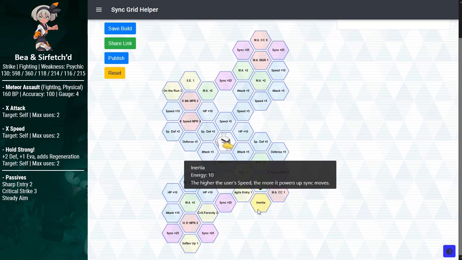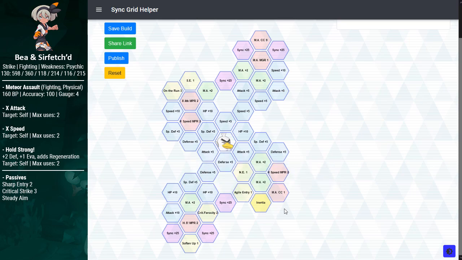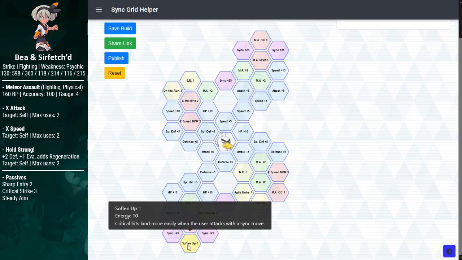Spring May cannot really Sing Nuke, she doesn't have any multipliers. And Sirfetch'd can finally fill that gap at long last. And then we also have Soften Up 1. This gives you the passive that allows Celine and Cyrus to always crit their Sing moves. And this will be amazing, but the problem is that it's so far off the way that